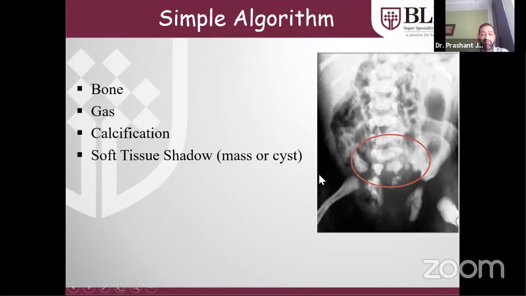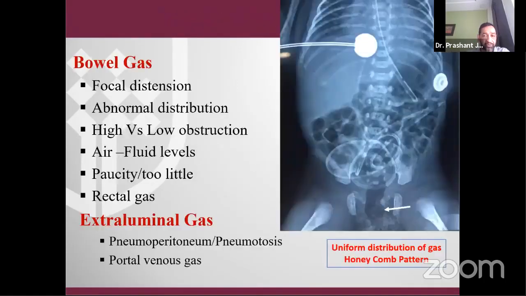So when you are looking for gas shadow or when you're looking at abdominal X-ray for any other purpose, we should also be seeing the other anatomical abnormalities, which will help us in making a diagnosis, especially if the child is having some syndrome or other associated abnormalities. Now, before making a pathological diagnosis, we should be aware of how the normal abdominal X-ray looks like.